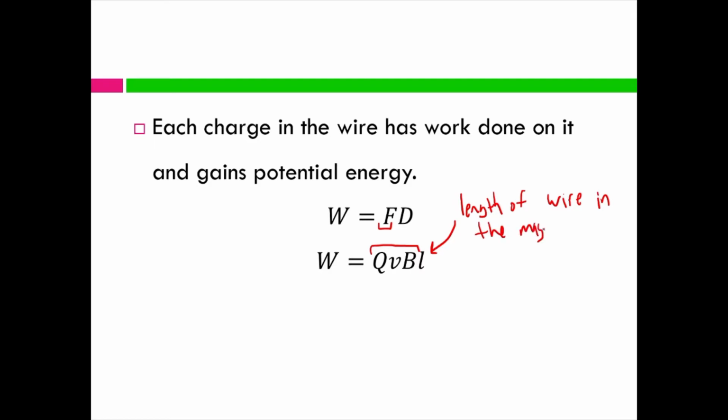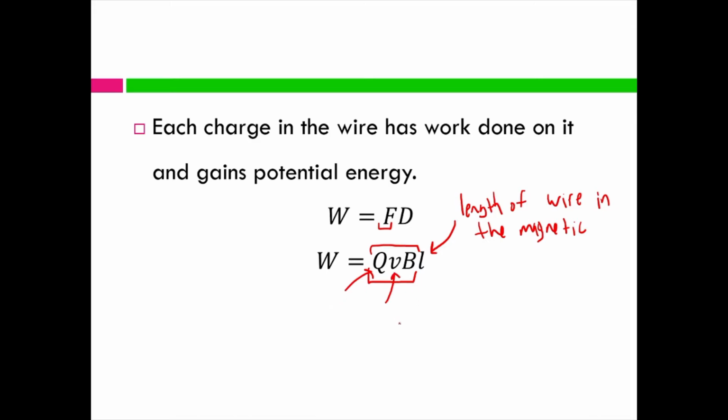Because as soon as the electrons leave the magnetic field, they are no longer under the magnetic force, so that's how they stop gaining energy, because they stop feeling that force being pushed on them. Okay, so again, this equation here, QVB, that's magnetic force, Q, charge of the particle,